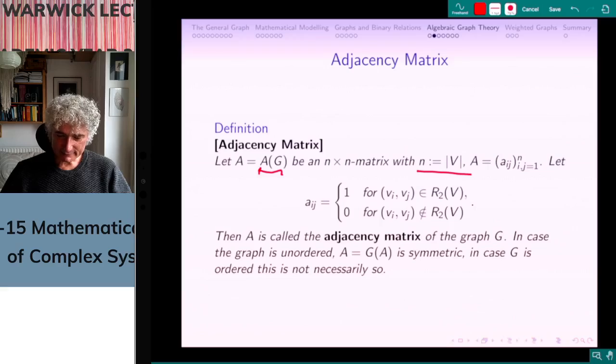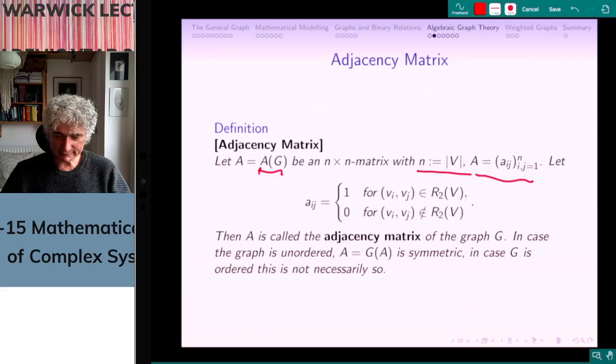So the cardinality of V is n. And A then will become a matrix with n rows and n columns,